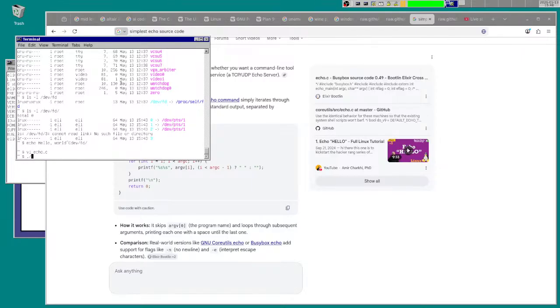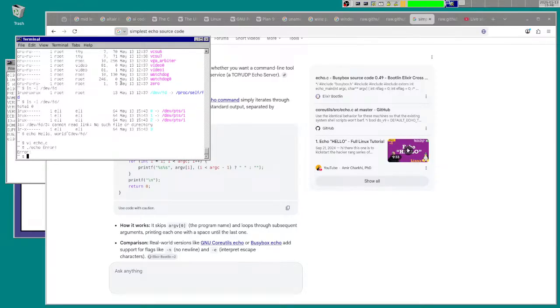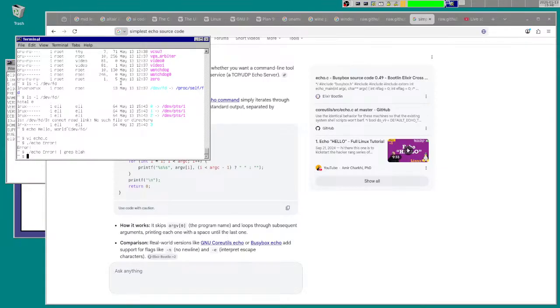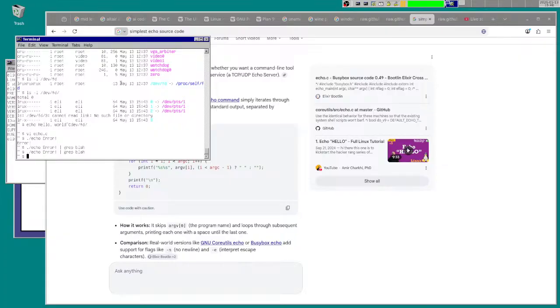So now let's say we want to print an error message, and then we want to grep for the word blah, and we don't get it. It doesn't go to grep.